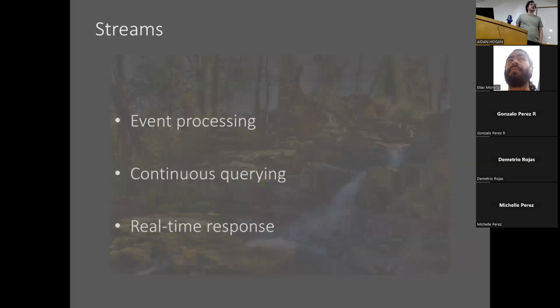Event processing would be to try to detect potentially complex events that are happening. Continuous querying means that we register a query and we want to receive a stream of results for that query, rather than running a query once off. And real-time response: often in these scenarios, we want to take action in real time